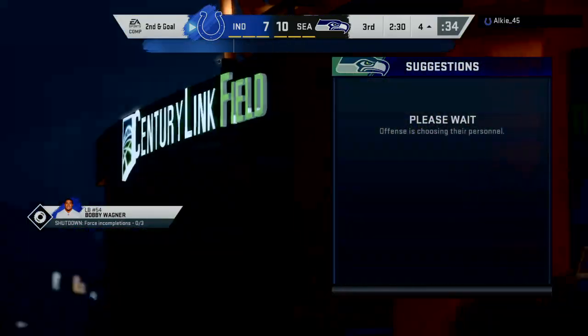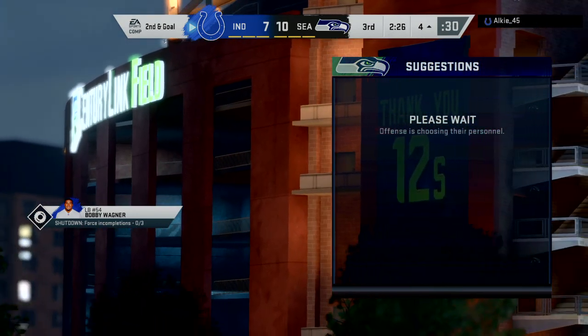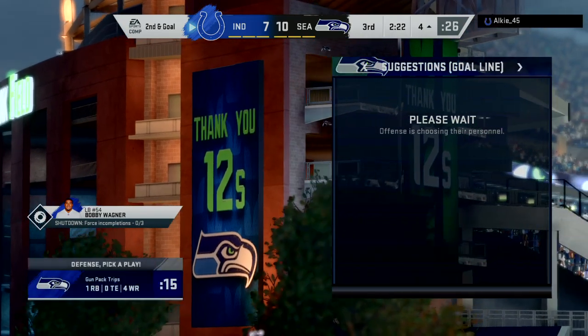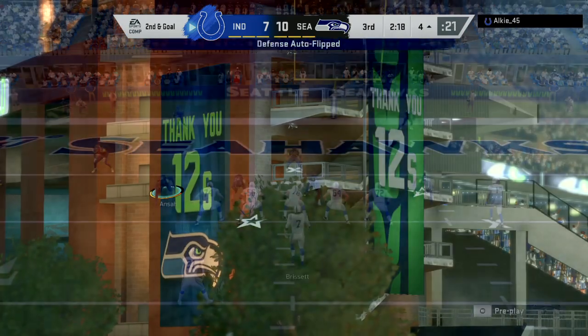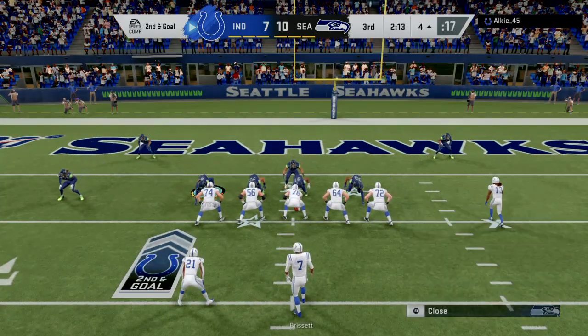That run didn't get very far, and I think when you're looking at his dimensions, he's a little bit on the smaller side. He's counting on the big guys up front to escort him in, and they couldn't create any kind of space for him, could they? Yeah, didn't get the push they needed. Second and goal from inside the 5.